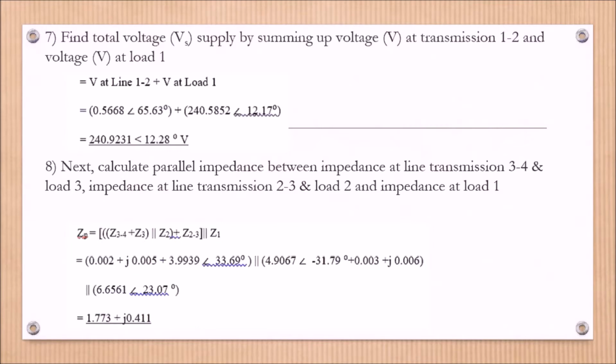So we can use the voltage divider rule. We calculate the parallel impedance between the impedance at line transmission 3 to 4 and load 3, the impedance at line transmission 2 to 3 and load 2, and the impedance at load 1. Then we got the Z parallel, which is 1.773 plus J